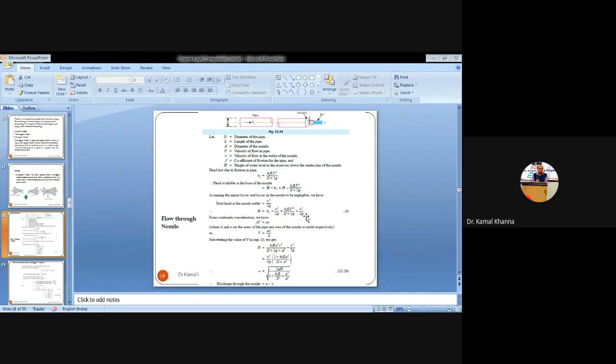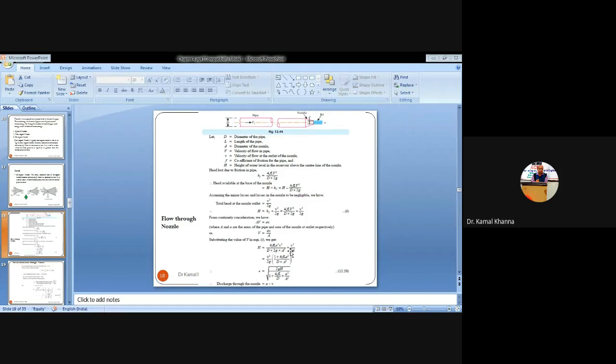It will be small a small v by capital V is equal to A, or if you want to calculate the value of capital V, it will be small a small v by capital A. So we are simply putting the value of capital V in this first equation. It becomes equal to 4FL A square V square by 2GD capital A square plus V square by 2G.